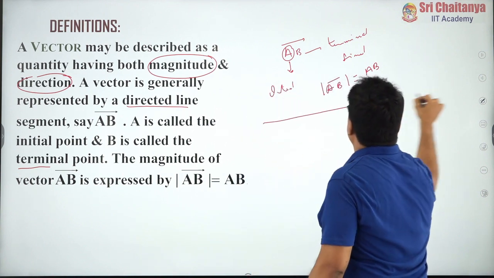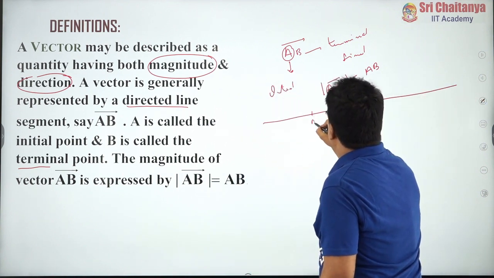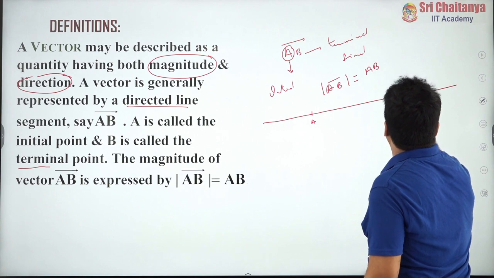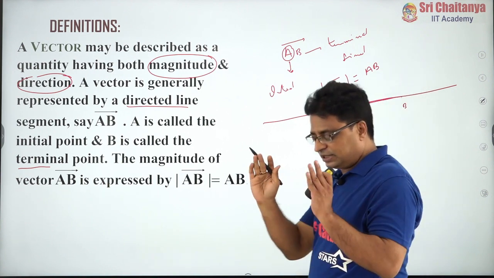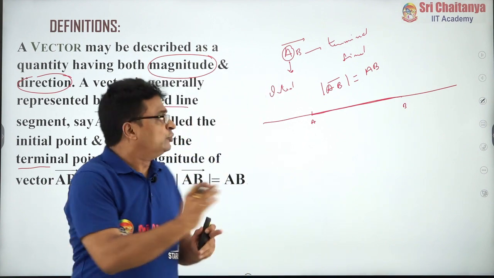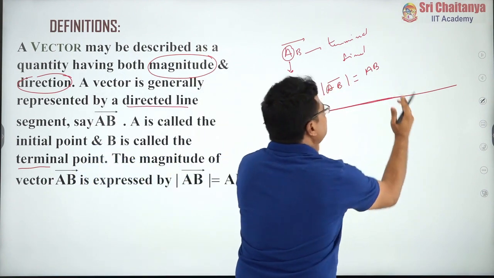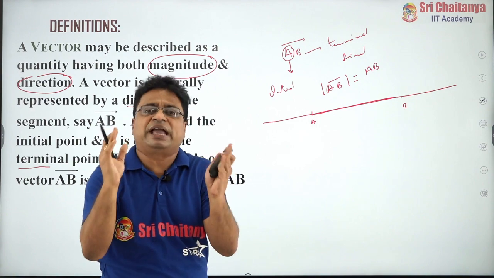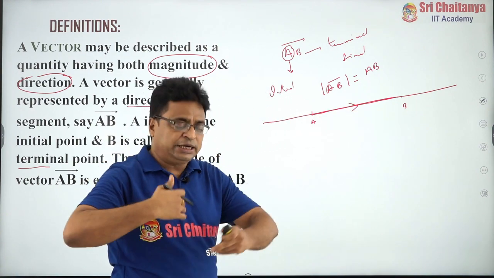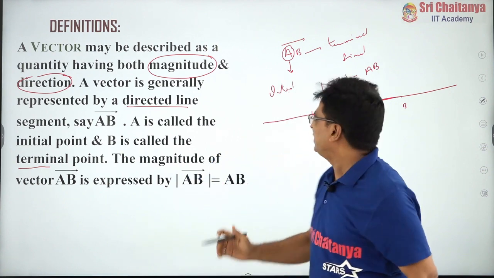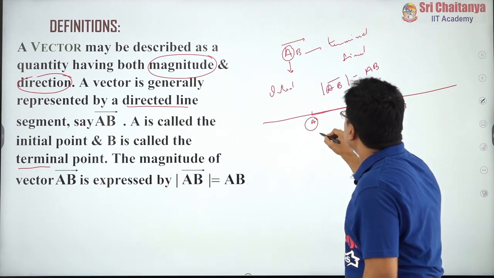Suppose this is a line and this is a point A and this is a point B. This is called a directed line segment. For a segment, it has some length, that is called magnitude. If I give the direction from A to B, then only it becomes a vector. That is why this point A is called the initial point,